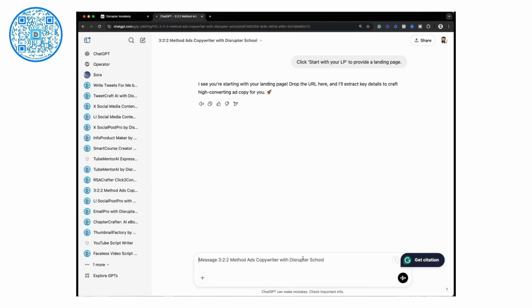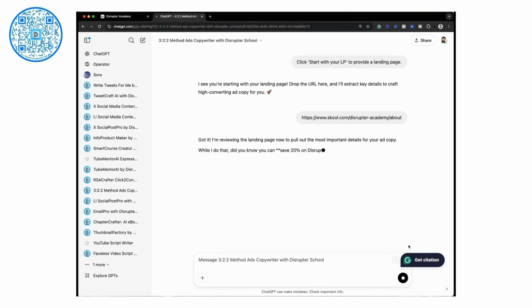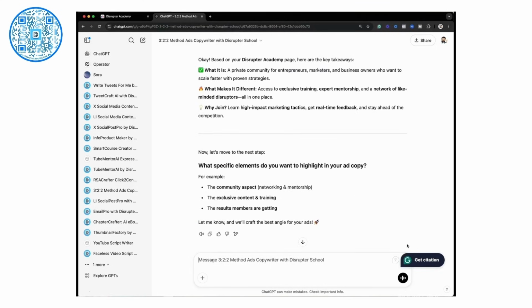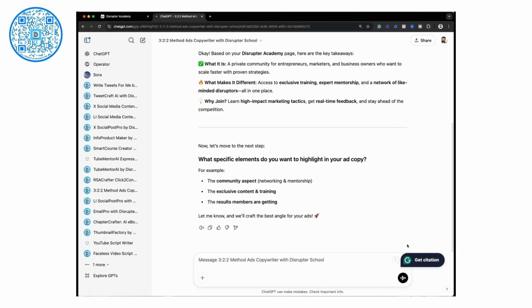So we're going to do this and copy and paste. So now the machine is going to analyze our web page and begin to give us some options and some feedback. So let's see what it's got to say. Based on your Disruptor Academy page, here are a few takeaways. It knows what it is, what makes it different, and why you should join. And then it's going to ask us this question: what specific elements do you want to highlight in your ad